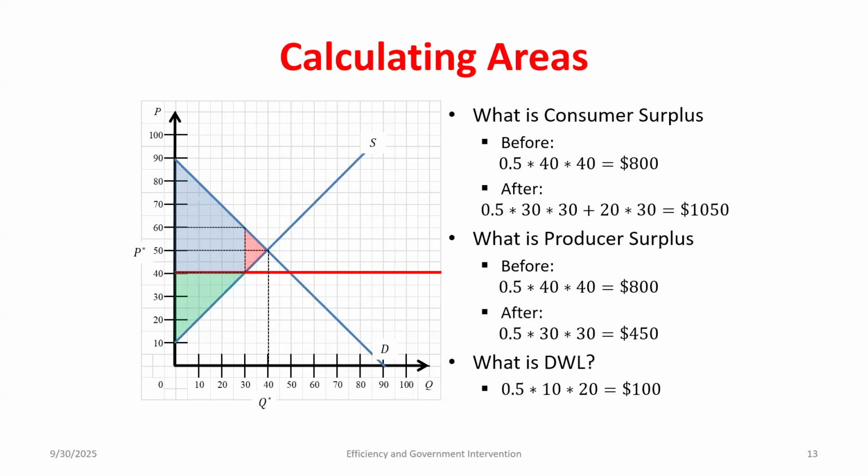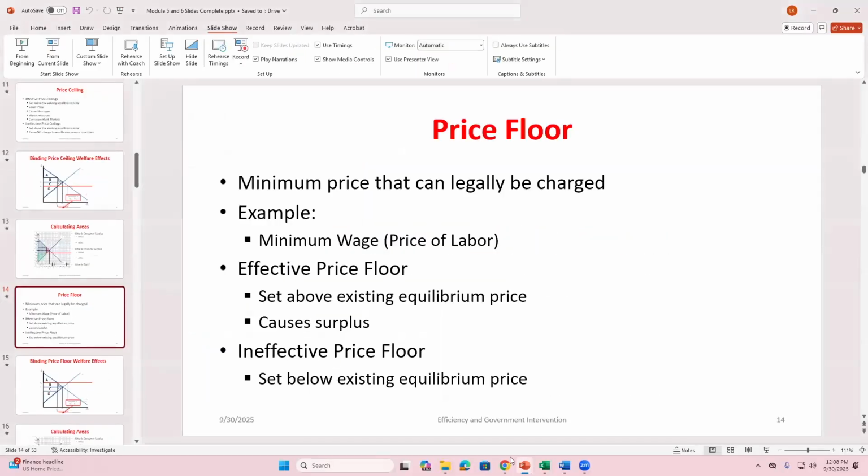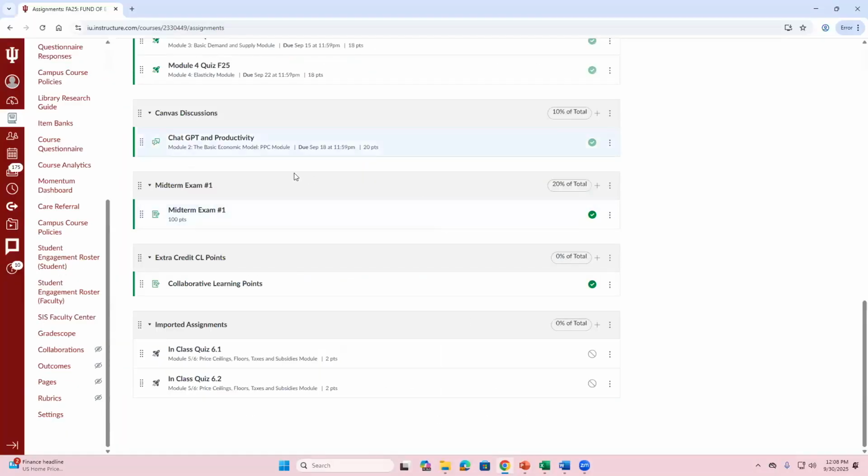Any questions there? So just putting values to this. It might be good to look at this graph and make sure you can find the area. I know it sounds stupid, but it's just the area of rectangles and triangles, but identifying what those areas are, and then how do I, from this graph, figure out base and height and calculate these, okay? So what we're going to do now,